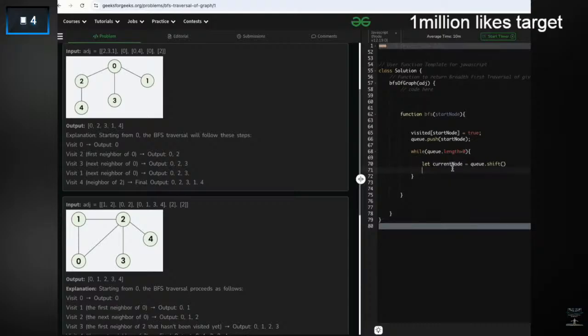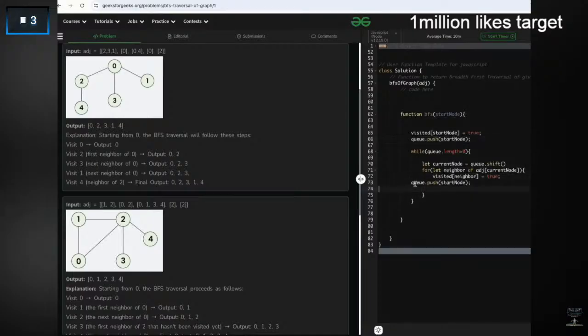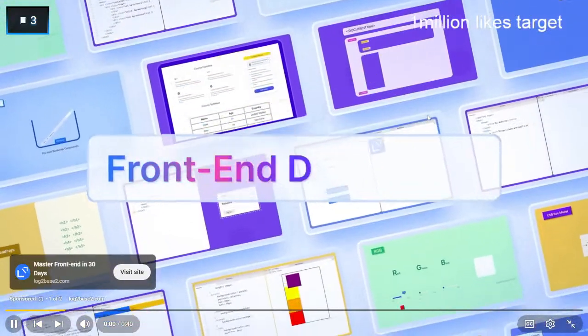अब करंट नोड जब हमें निकल गया तो हमें पता है कि क्यू से निकाले हैं, तो भाई हमें पता है कि विजिट होने के बाद ही क्यू में गया है, तो हमें करंट नोड को विजिट मार्क नहीं करना है, क्योंकि वो ऑलरेडी विजिटेड है। हमें क्या करना है, उसके नेबर्स को मार्क करना है। तो वी विल टेक एवरी नेबर ऑफ द करंट नोड। वो कहाँ से पता चलेगा मुझे, एडजेंसी लिस्ट से। उसके सारे नेबर्स को हम इटरेट करेंगे और विजिटेड मार्क कर देंगे, ठीक है। और विजिट मार्क करने के बाद वापस क्यू में डालना होता है, ठीक है। तो ये देखो, सेम चीज़ हम यहाँ पे कर लिए।